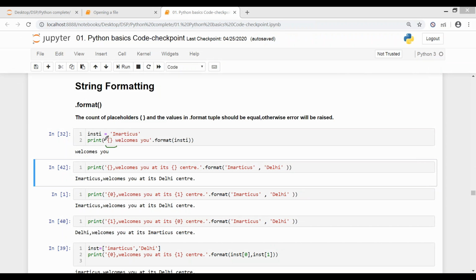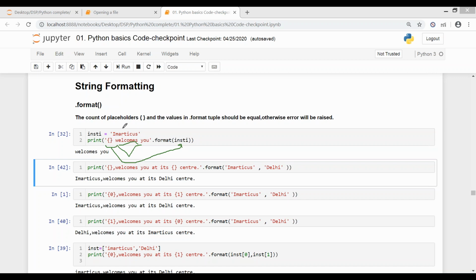The syntax is like this. First comes the string that will be displayed. Welcomes you is the text I want to write, so this will be a text, and we always write it in quotes. And before that, I've given this placeholder. So where does the value for this placeholder come from? It comes from here. Whatsoever you give into this dot format and into these round brackets will be stored into this.